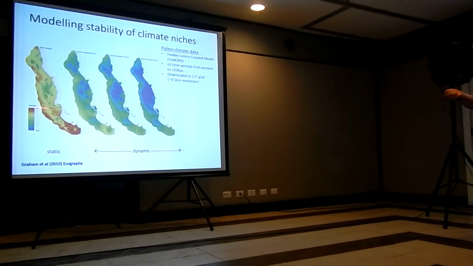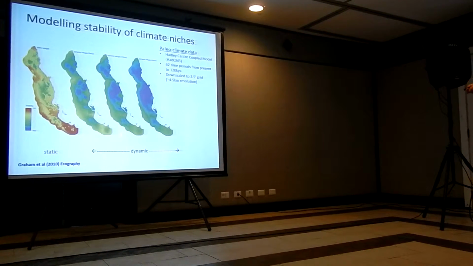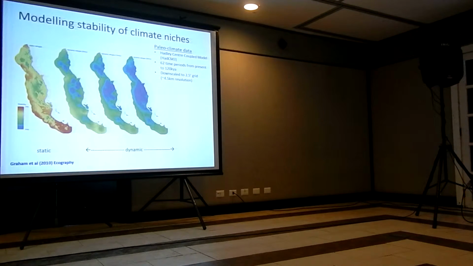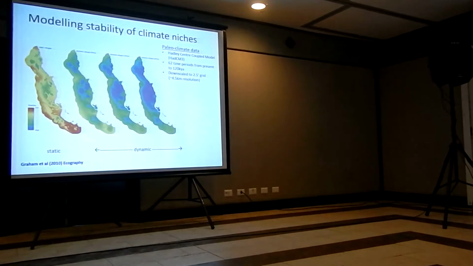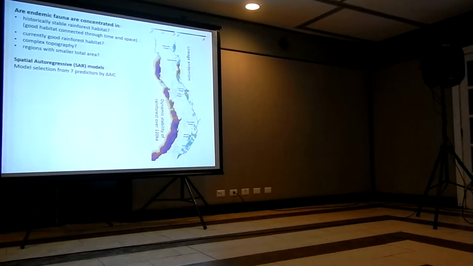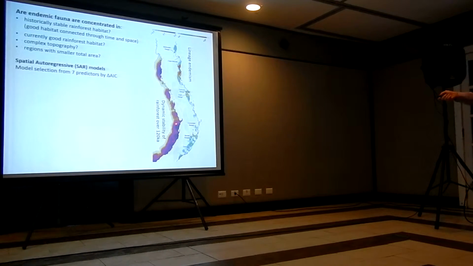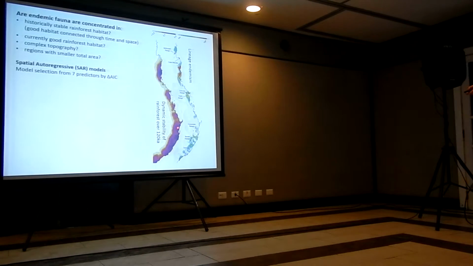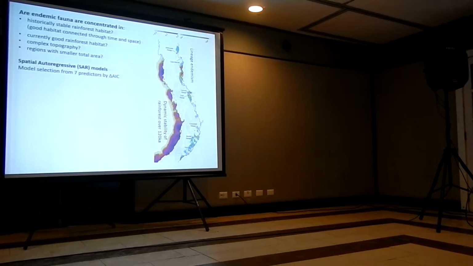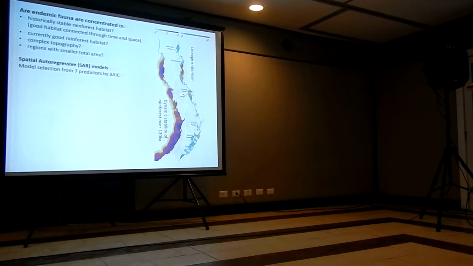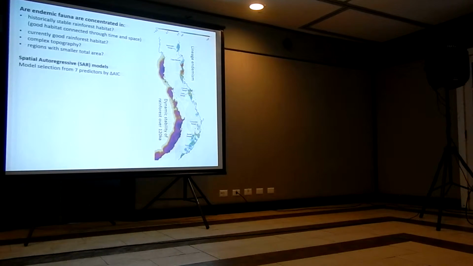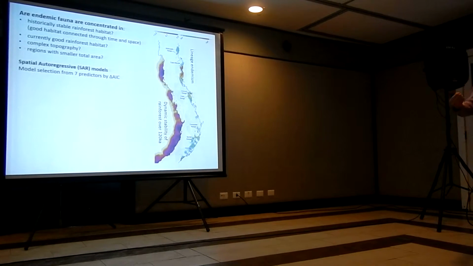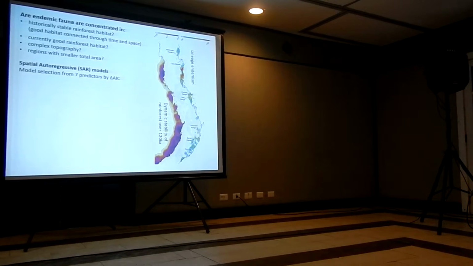And in our study, we did the static model and used the 10 metres per year as an estimate of the spread rate of rainforest, which was the middle rate that Graham et al. used. Now, here is our stability model result, and the dark purple areas are the predicted areas of greatest stability. And okay, you can eyeball them and see that there's a broadly similar pattern. But before we infer any meaningful relationship between those two, we need to consider a number of alternative explanations.